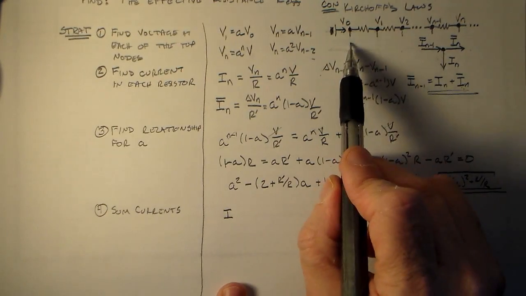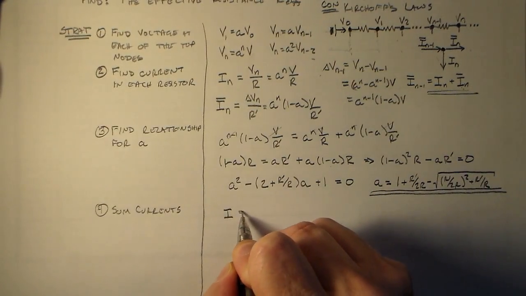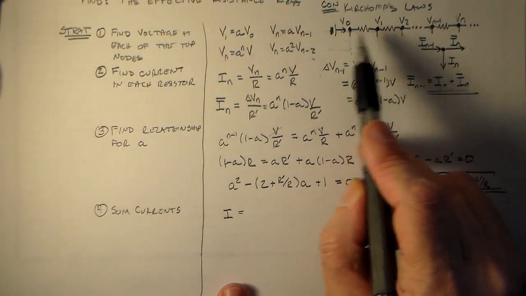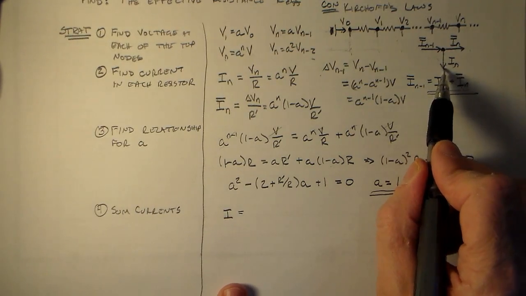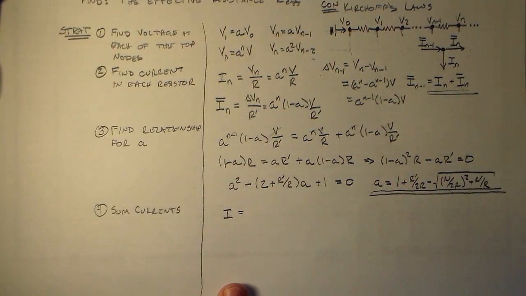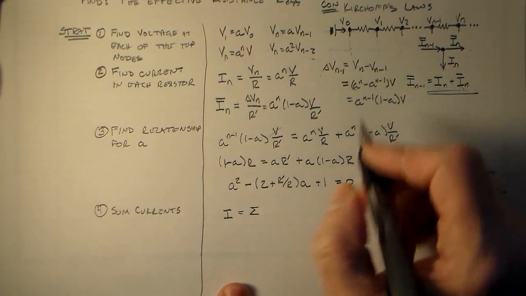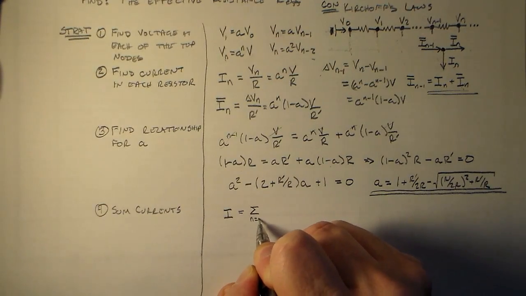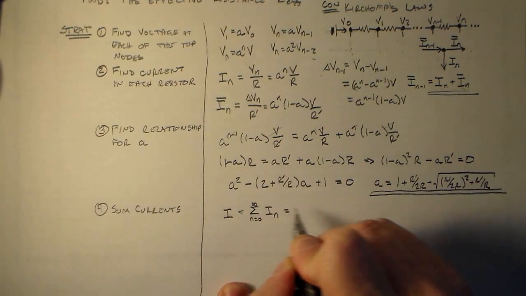and therefore there's no way to double count by adding up these IN, which is another reason why I use the IN here, right? One, it goes with this VN that goes with our proportional drop. The second is that this guy doesn't double count. These IN bars would double count. If I added them all up, I'd double count on current. So what I'm going to do is add up all of the current that goes through each one of these resistors R, which is the sum from n equals 0 to infinity of IN, all right,